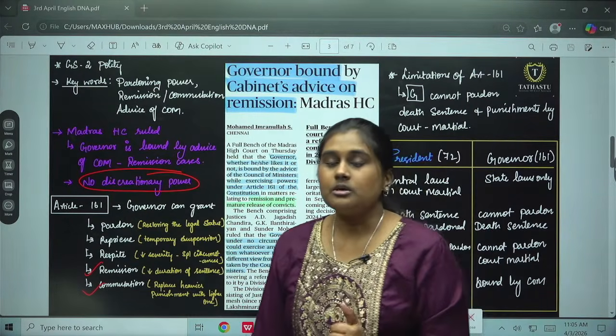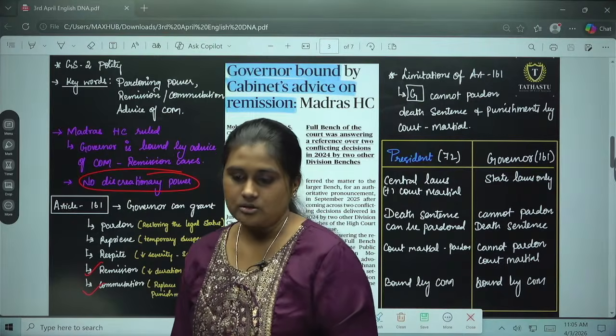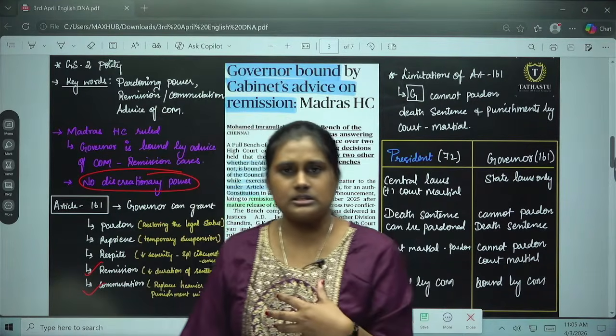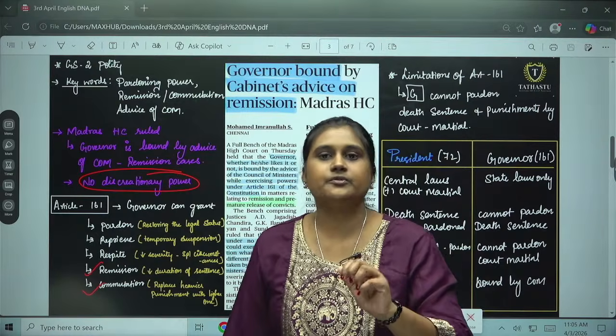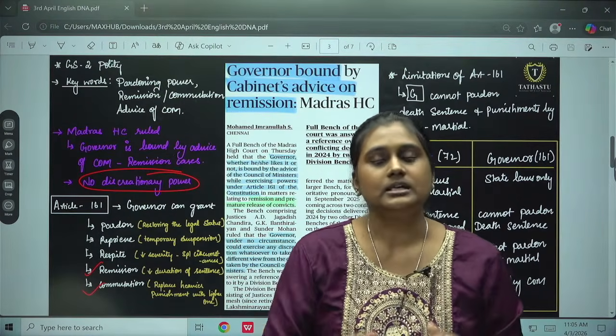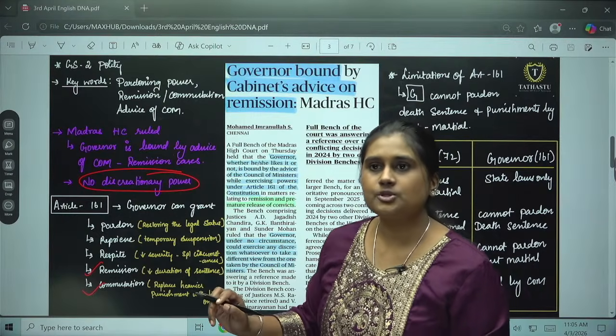Okay, so in the case of the president also, there is no absolute discretionary power, but in theory they do not have real discretionary power, but they have certain things. Okay, when it comes to